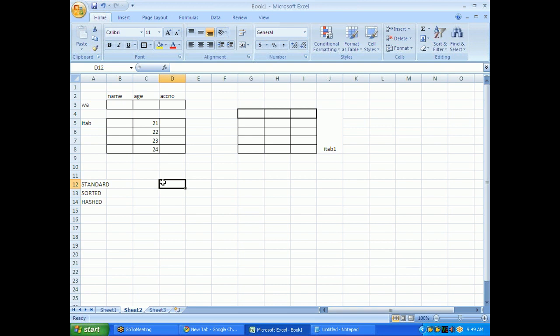The next one is hashed internal tables. Before that, if you mention a non-unique key, you are accepting duplicate entries in that particular field. Duplicate entries means age 21 is there, and again 21 can come.